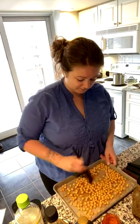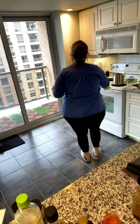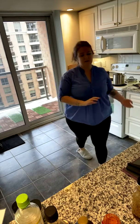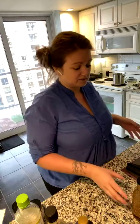All right, and I'll probably just give it a shake while it's in the oven as well. So there we go. That's ready to go into the oven, along with our delicious superhero cookies. Okay, there you are. One dressing and chickpeas ready to go for the next part, which would be making the actual